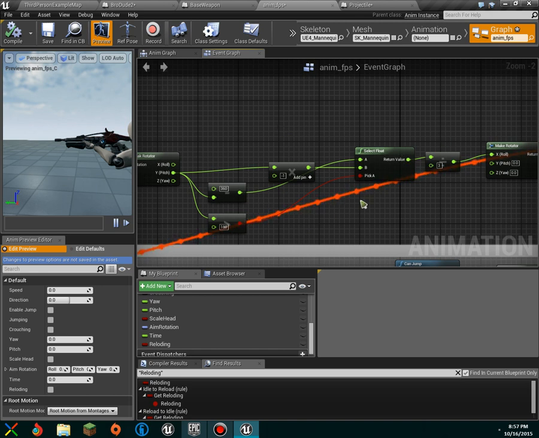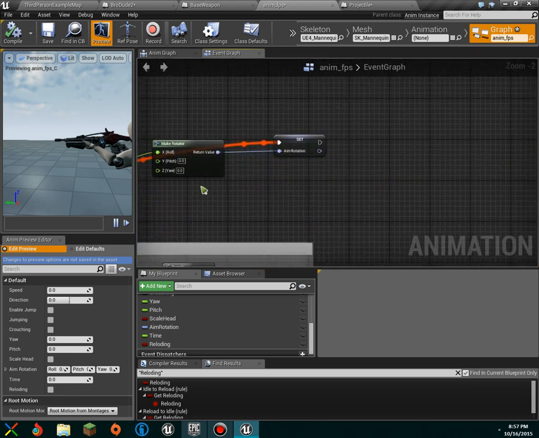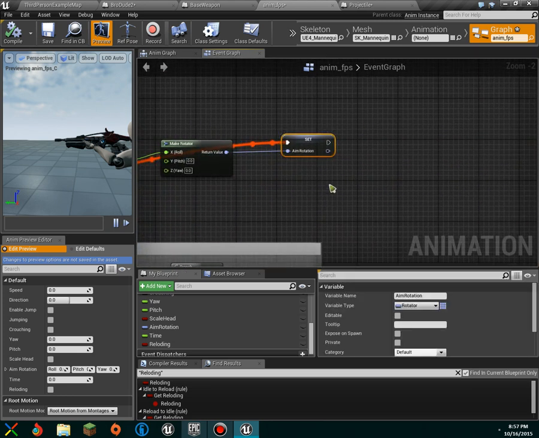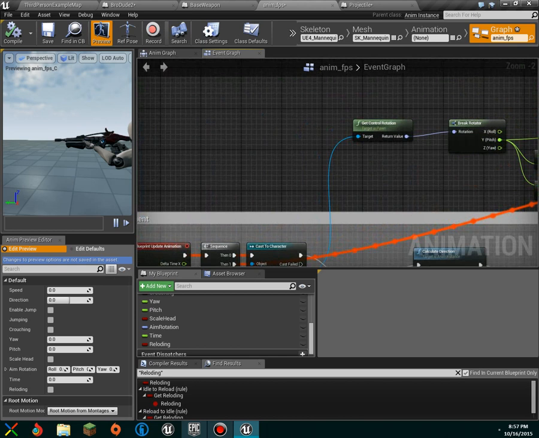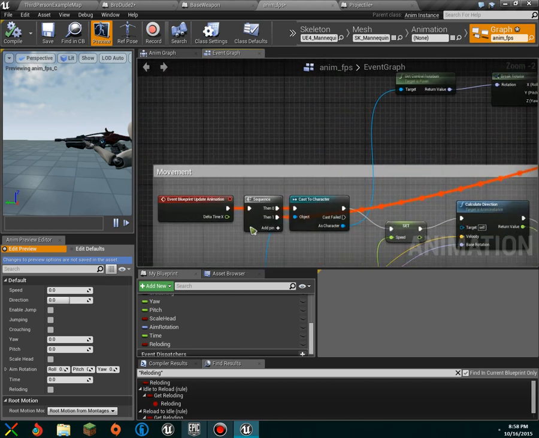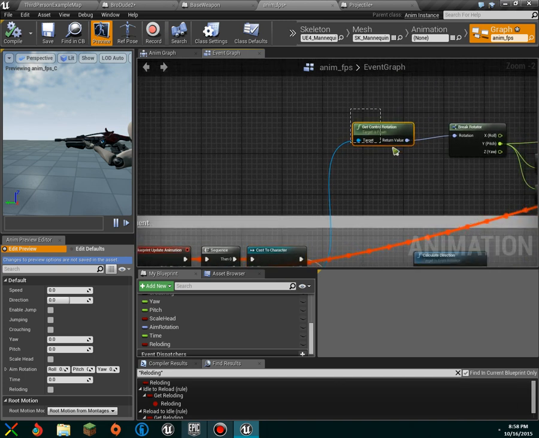So what this is, is our aim rotation. So why are we getting this? This is just coming straight off of our character, and our character